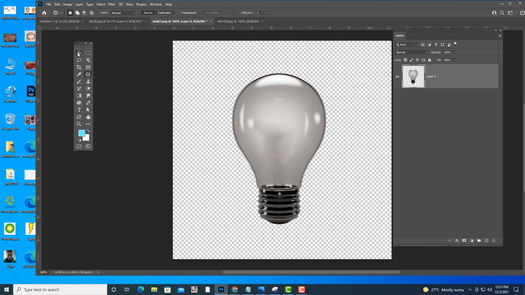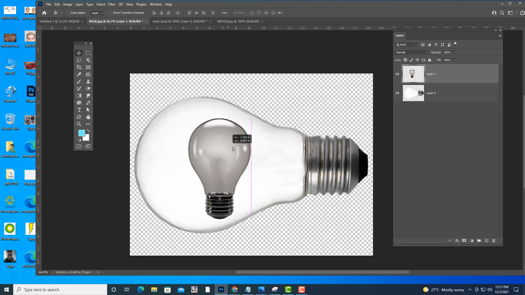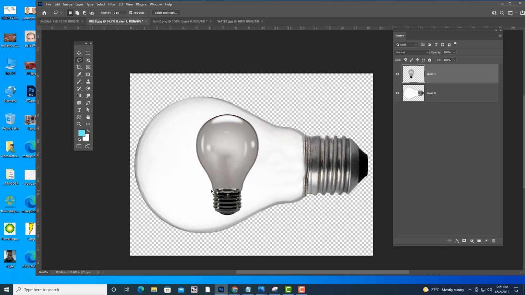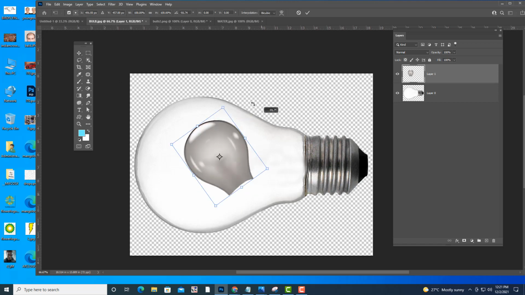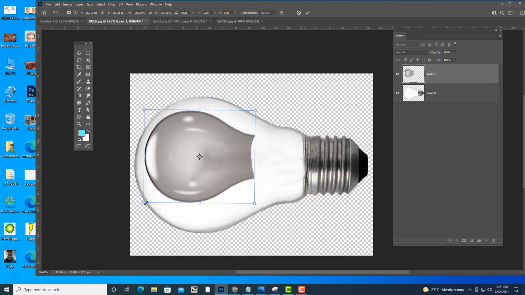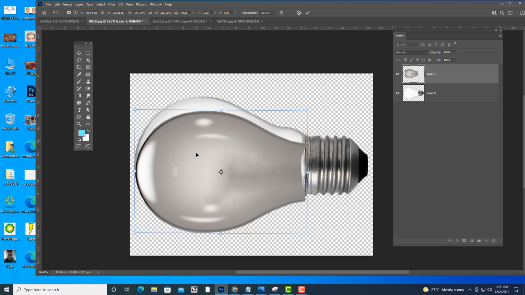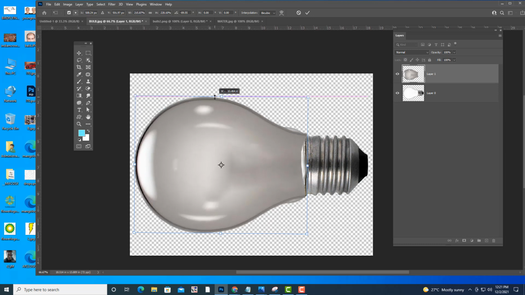Then what is the next thing we have to do? I'm going to simply drag this and keep it over here, and we don't want this bottom part, so we remove the bottom part. Now we will rotate it like this, and we can also use the warp tool.